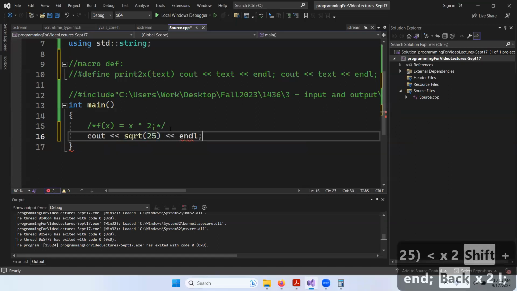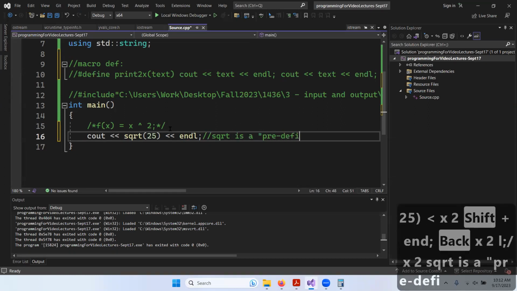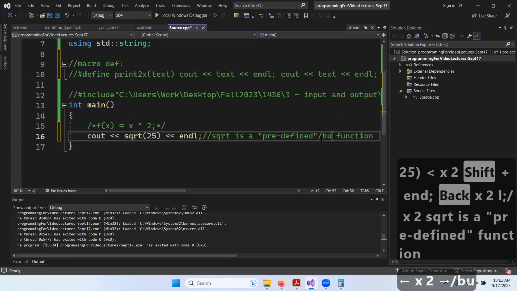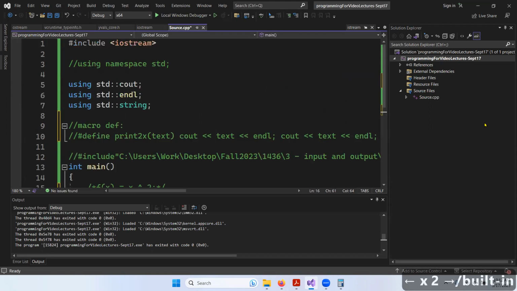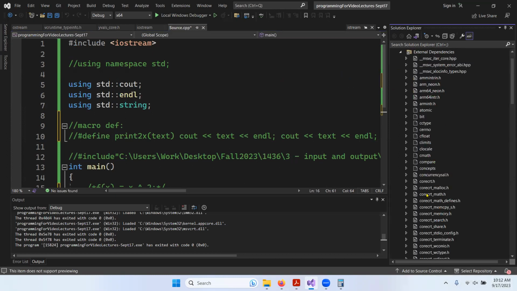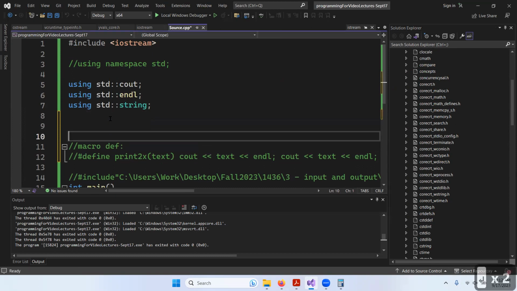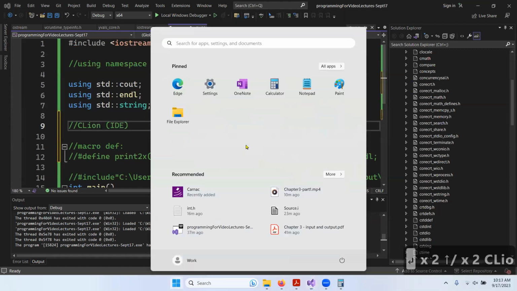Square root is what we might call a predefined function, or also built in. It's built into the standard library in C++. Or at least it's referred to in this iostream. And when we say standard library in C++, this means that whenever you download Visual Studio or CLion, CLion is a cute name for another thing called an integrated development environment,